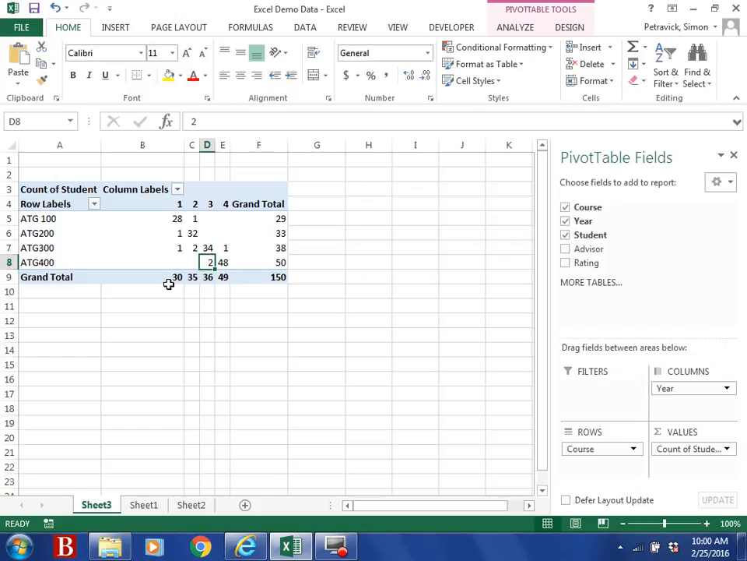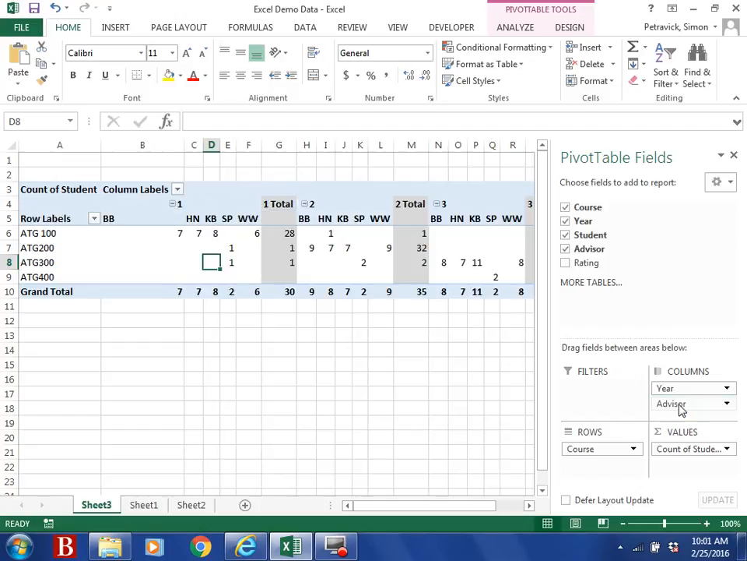So that's kind of interesting. Now we want to figure out who did this. You probably already know, but for audit documentation purposes, we have to include this in our work papers, right? So there's a couple of ways that we could do this. I'm going to drag advisor down into columns, and we can see, right, this first column is always that HN,